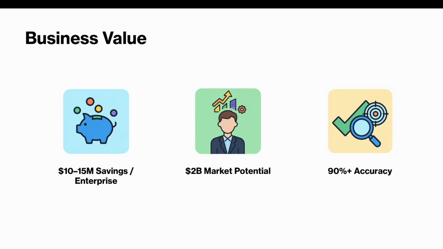Causal RAG has huge business potential. At the enterprise level, Causal RAG helps finance teams reclaim 20–30% of their time, saving $10 to $15 million a year for a single Fortune 500 company. At the industry scale, global firms spend $40 billion annually on analysis. Even a small 5% efficiency gain translates into a $2 billion opportunity. And strategically, with 90% plus accuracy versus today's 65%, Causal RAG isn't just faster, it's trusted for regulatory reporting, risk